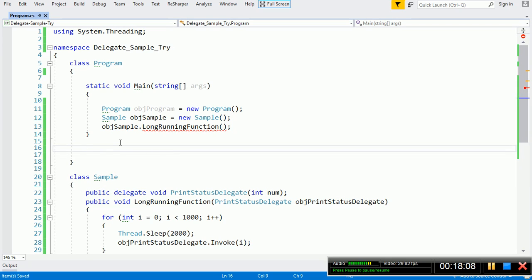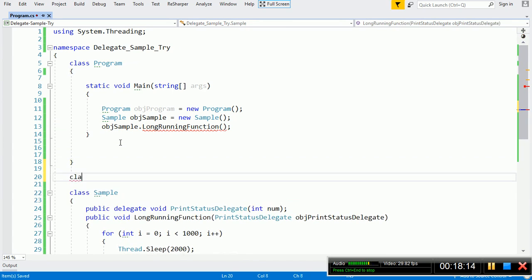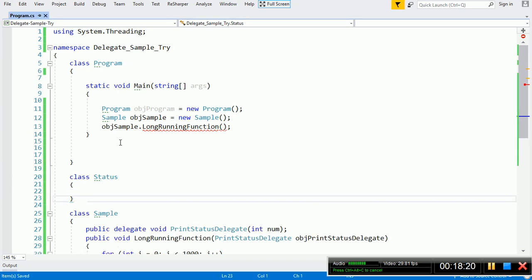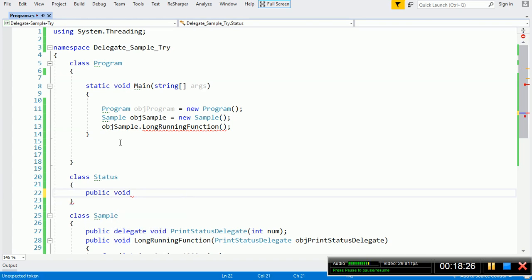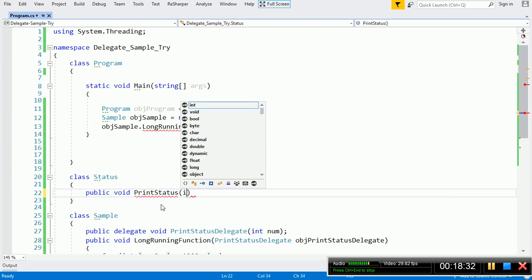Rather than creating a print status function in the same class, I will create a new class called class Status. Here I will have one function, public void, because it returns void, and I will name it print status.